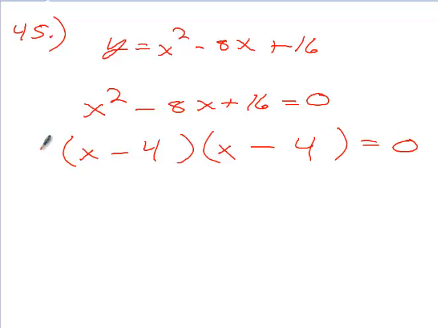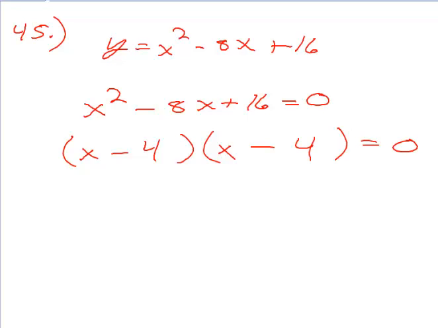And the first part said find the what's. What am I actually trying to find? The zeros, which means find the x value that makes the y go to 0. So now that I have intercepts, how do I go from intercepts to solutions? Or from factors to solutions? What do I do with each set of parentheses? Set it equal to what? 0. So this is when you actually solve. You go from factors to where you set each factor equal to 0